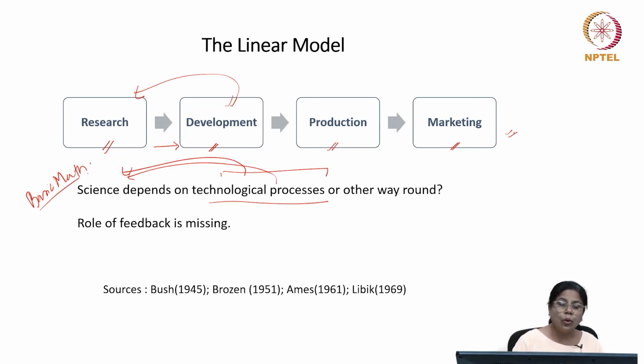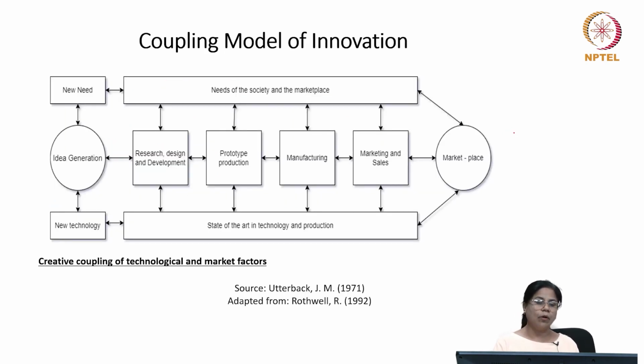That means there is no contribution of feedback, whether it is coming from a development process, a production process, or from the final use of the product in the market, towards research. Indeed, there is a potential that production may give feedback towards development or the other way round. So we have to look into those feedback effects and try to accommodate them. This is one of the major drawbacks of the linear model, whereby critics have pointed out that the feedback effect is missing. So then, moving forward, there came a coupling model of innovation.